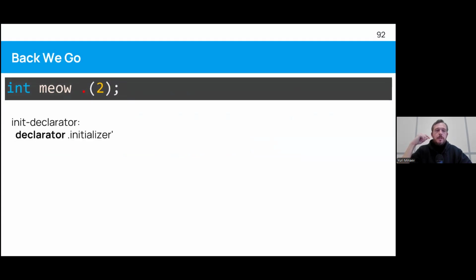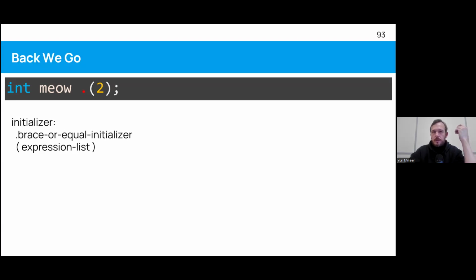We have a declarator here. We don't have parameters and qualifiers, and we don't care at this point because we'll go and try to see if it has an optional initializer after that. So int meow in our case is a declarator, and now we are looking if it has an initializer. Okay, let's go into initializer.